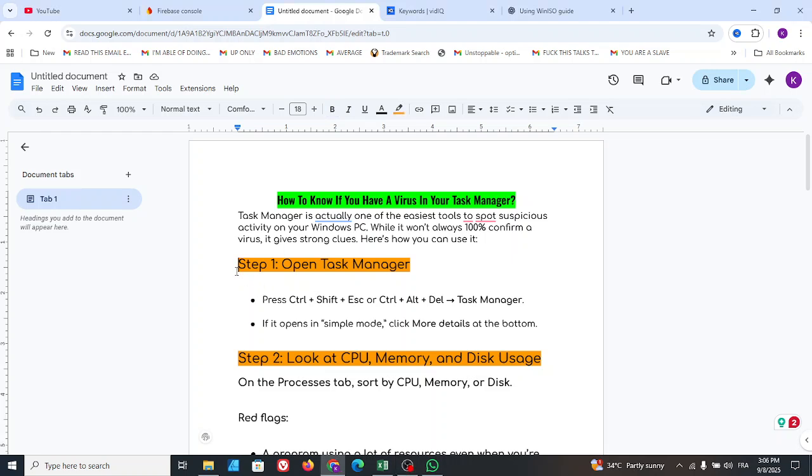In this video, I will show you how to know if you have a virus in your task manager. I will take you through all the steps and what you need to do to make sure whether you have a virus in your task manager, or if your task manager is clean. Make sure to watch the video till the end because we are going to see a bunch